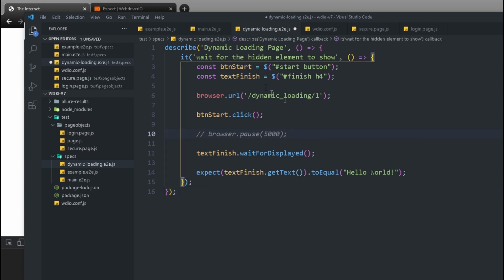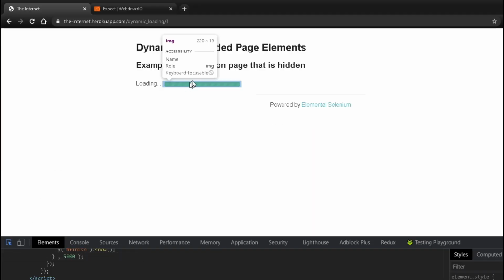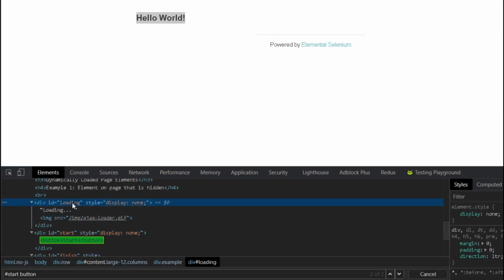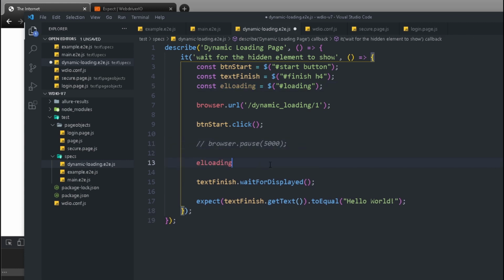Well, for this, we're going to make sure that we get the loading selector right here first. So for that, I'm going to click on this. I'm going to select the loading selector or the element here. And that one is just with an ID loading. Okay, so that's good. I will go back to my test. Here, I'm going to add in const loading. So this is an element, so I'm going to call element loading. And then I'm going to add in an ID here with loading. Now this time I'm going to say, hey, wait for this element loading to show up. It's going to be the same thing as what we did here. So I will do element loading dot wait for displayed.